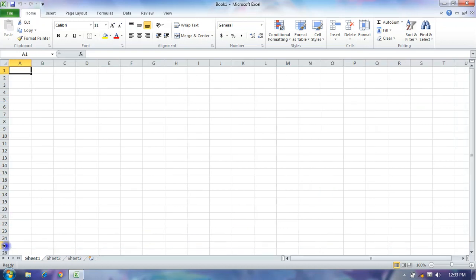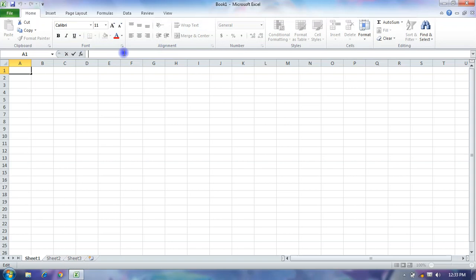Now some other options, like the formula bar and the name box or address bar, which is just below the menu bar.